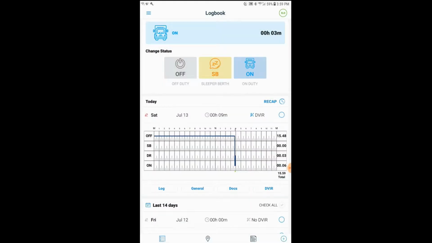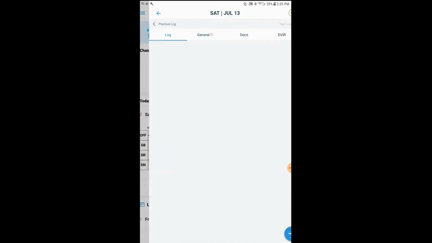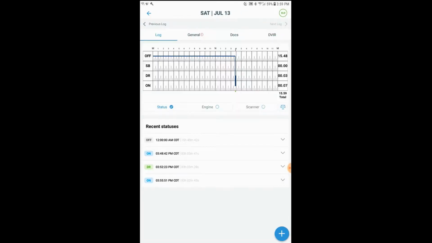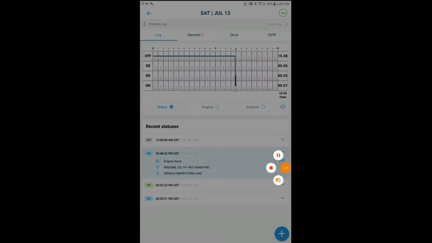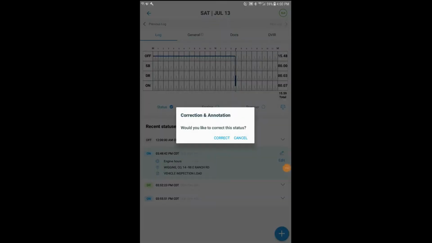And the way you can check is you click on the grid right here, and that will open up your full logbook for that day with your line items or your statuses down below. And over here to the right is typically where you'll see any attachments. Okay, so I could go into on duty and I could do an edit. I'm going to do an edit. I'm going to correct it,